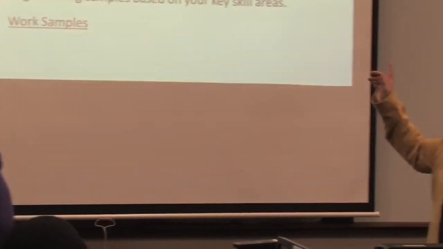So you need to understand how the equipment works if you have your own equipment, how you could set it up so that you can scan at 72, 200, 300, or if you're taking this in and you want to have it professionally done, make sure you tell them what you want. Don't assume that they already know. And so when you come in and you're an informed consumer, and you say, I want it at 200 or 300, or I want it at 72, then they have an idea you know what you're talking about, so that your finished product will be what you really want for your portfolio.